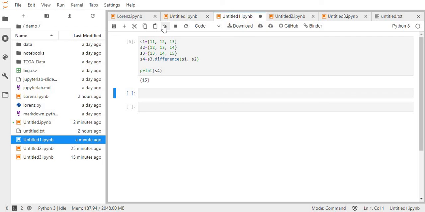Let's look at symmetric difference. It allows you to compare two sets and get all of the differences between both the sets.